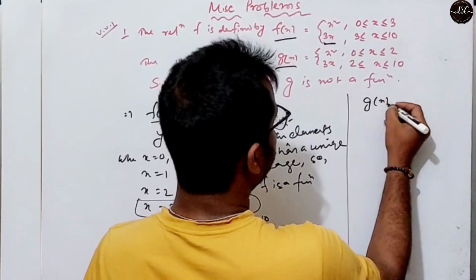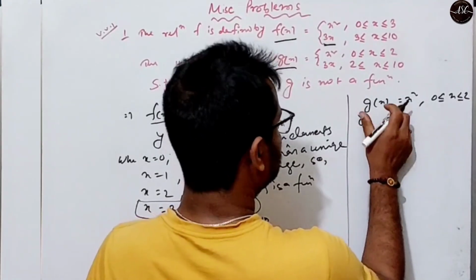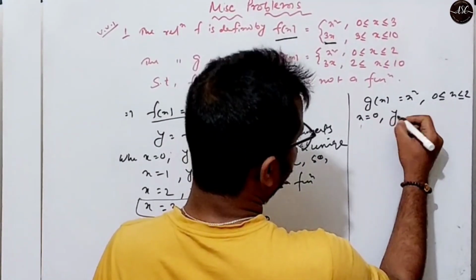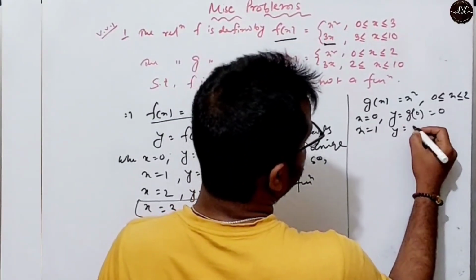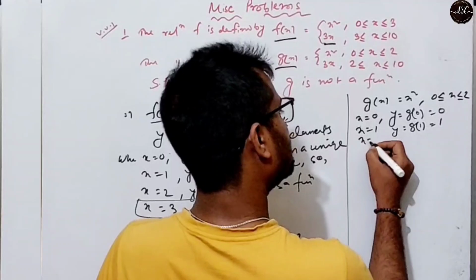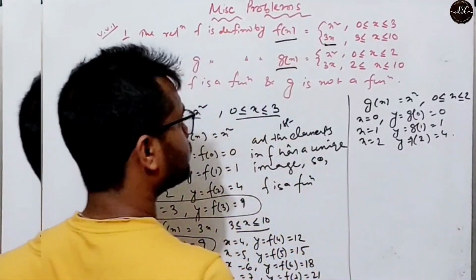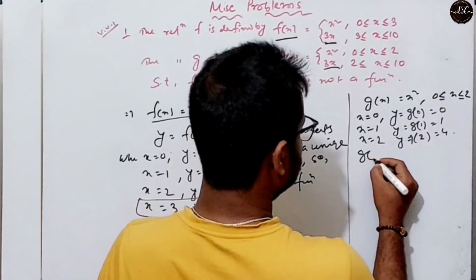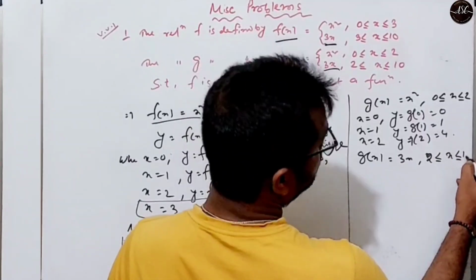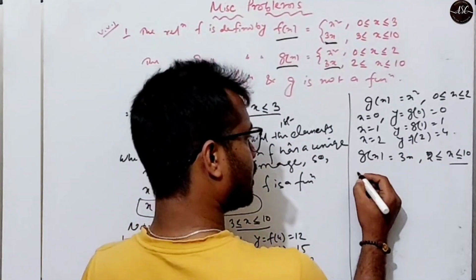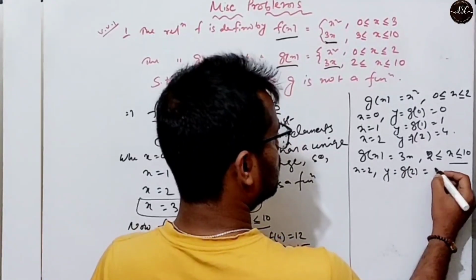Here gx equal to x square when 0 less than equal to x less than equal to 2. So when x equal to 0, y equal to g0 equal to 0, x equal to 1, y equal to g1, that means 1, x equal to 2, y equal to g2, that means 4. Okay, now we have this equation, gx equal to 3x when 2 less than equal to x less than equal to 10. Now put this value, we get x equal to 2, y equal to g2 equal to 3 times 2,